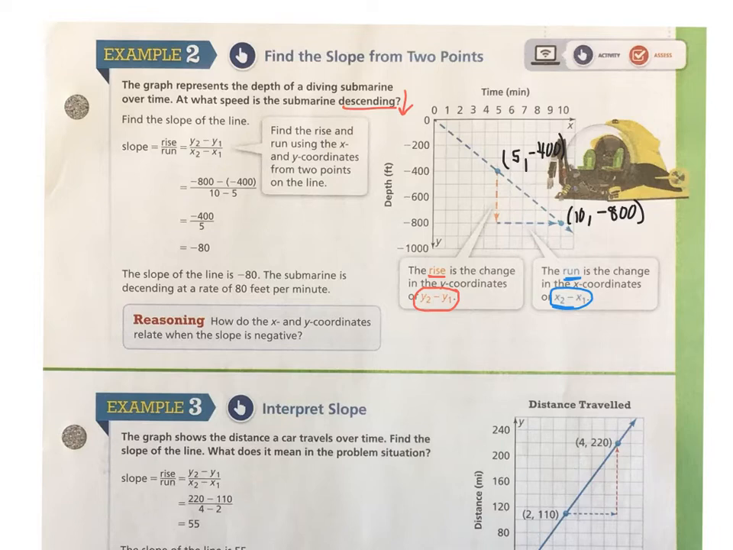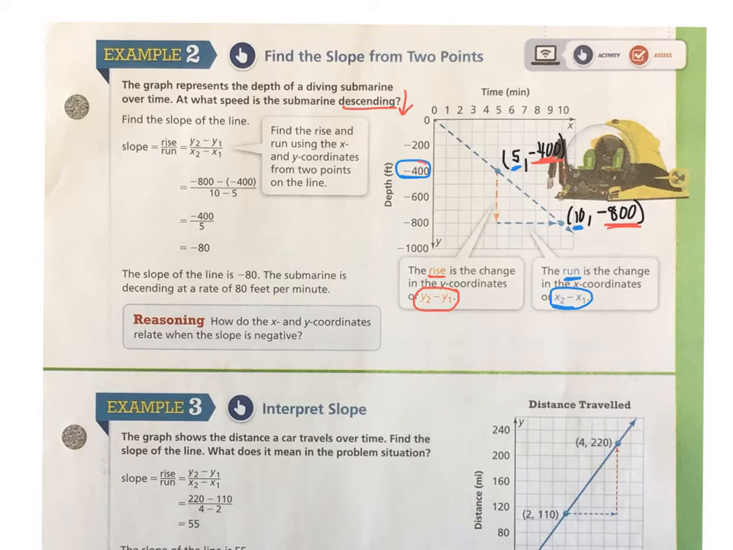What you're aiming to do here is to find the difference between the 2 y values, which in this case are negative 400 and negative 800. And then you're going to find the difference in the 2 x values, which in this case are 5 and 10. So when you find those differences, you're subtracting them. So how much deeper did that submarine go when it left the depth of negative 400